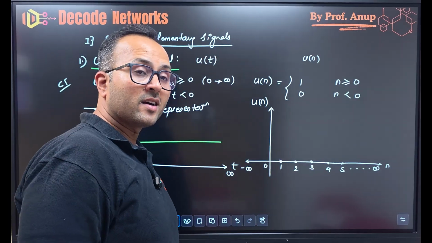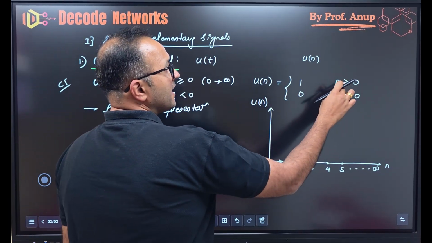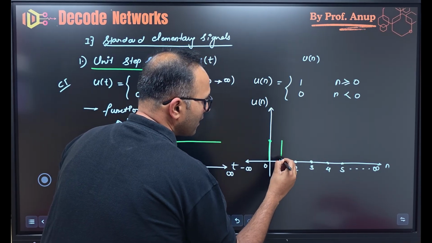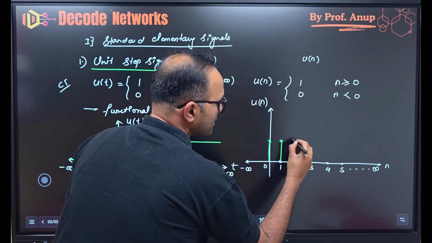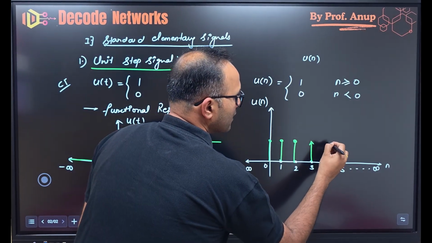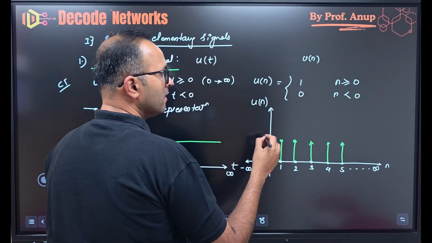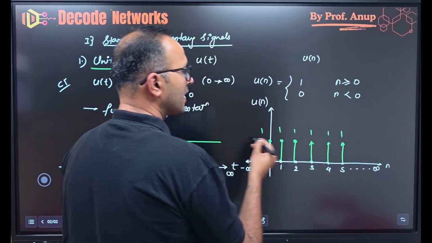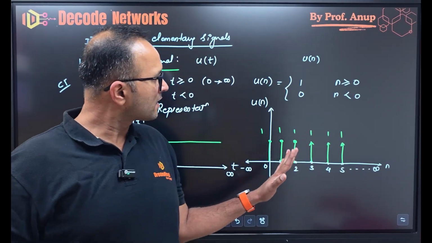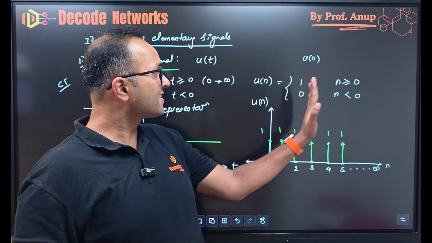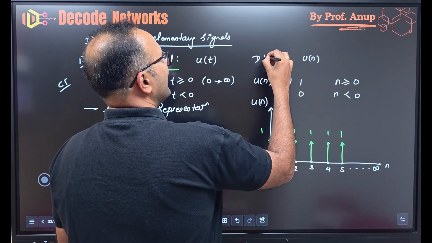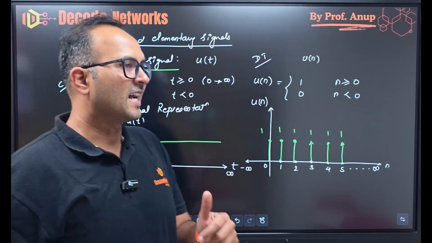What we need to make? Signal for n greater than or equal to 0. So at 0 it has an amplitude of what? 1. This is 1. Yes, you can give it by arrow also. This is 1. Clear? You can represent by dot or you can represent by arrow. That's not a problem. So this is nothing but U of n. That is discrete version, and this was CT version. I just write here DT. So this was my first signal, that is unit step signal.